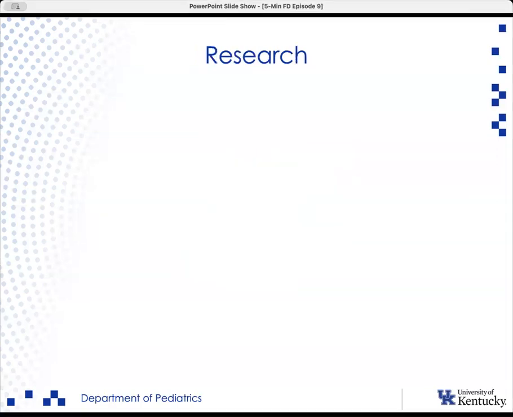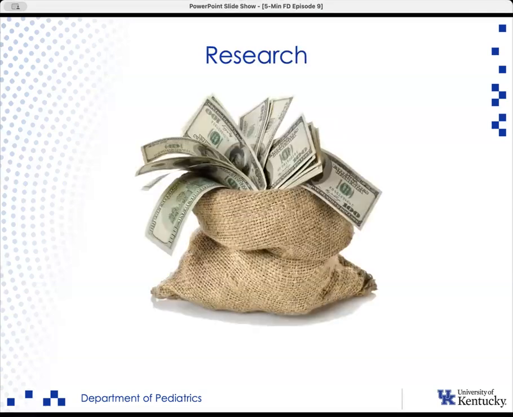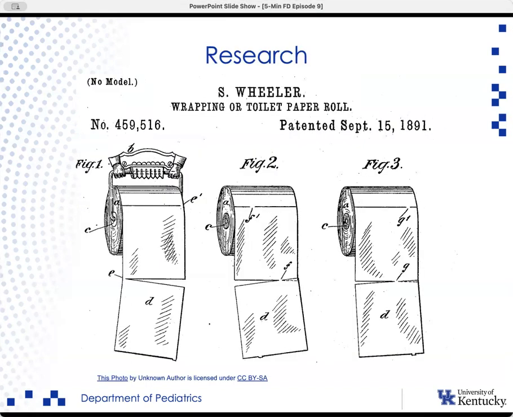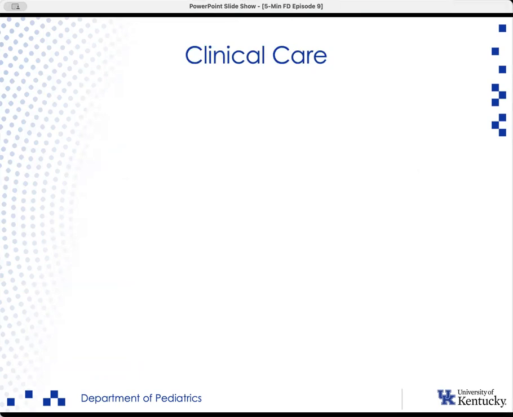What about creating value in research? The most obvious way is by getting external funding, whether from funding organizations like the NIH or from industry. Of course, scientific publications are the coin of the realm in academics, so those are also great for creating research value for the university. Another way to create value that a lot of people may not think of is when investigators develop ideas that result in patents. If and when those patents are leveraged for commercial products, the university gets the associated profit, which clearly amounts to monetary value.